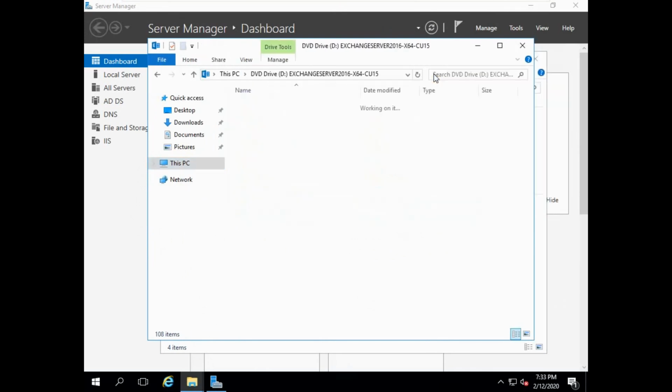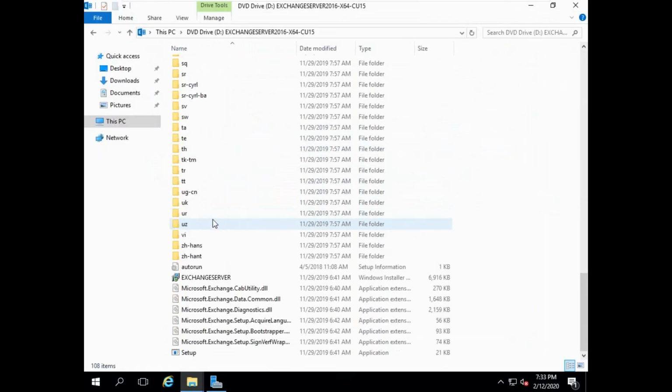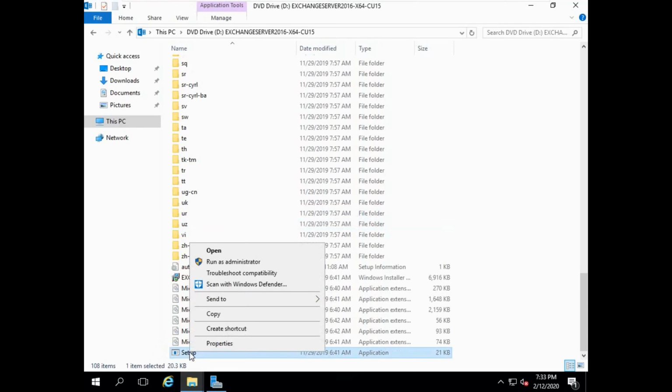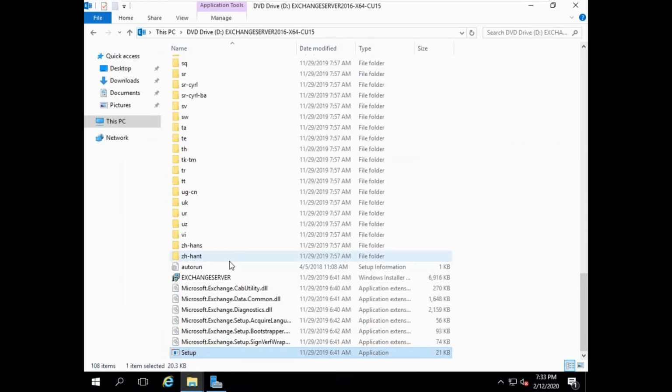Open the ISO and go to Setup and run it with admin privilege. The main setup will run from here.